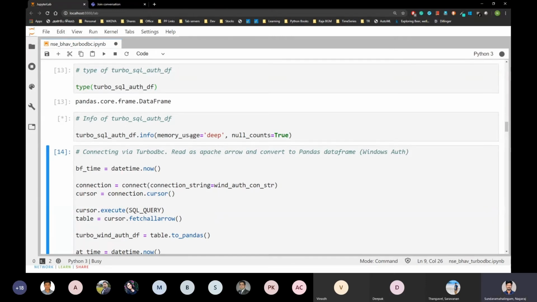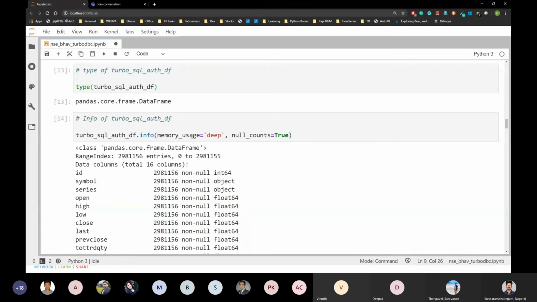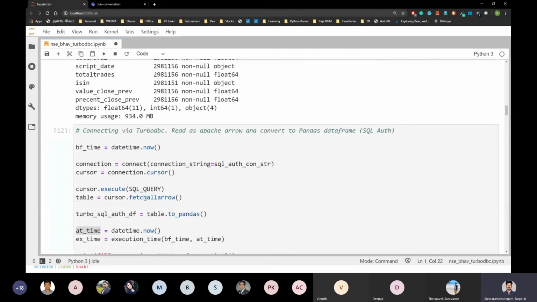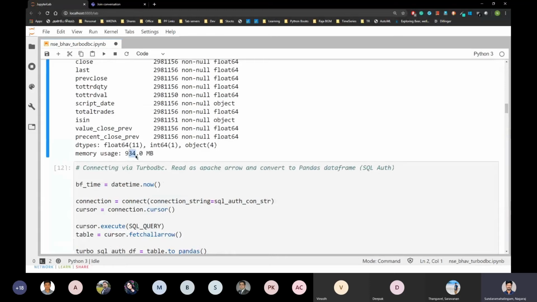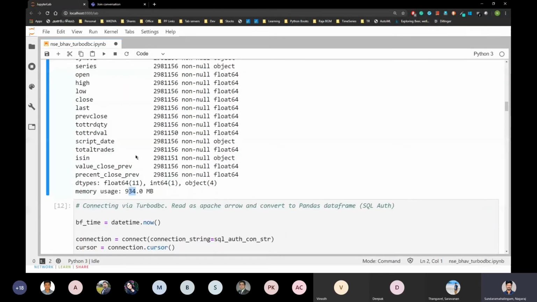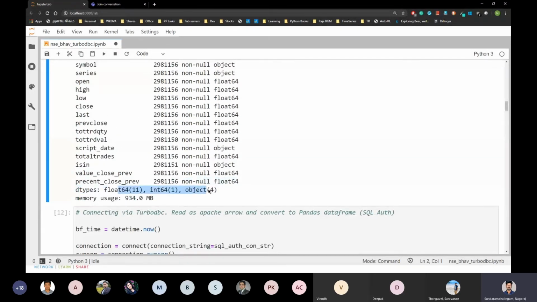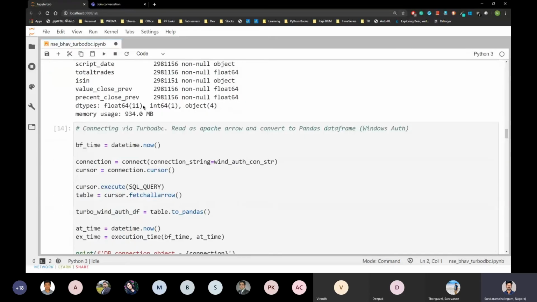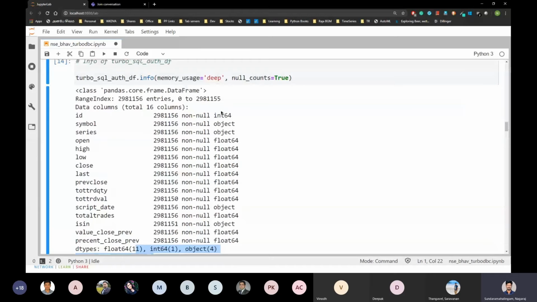It takes a while. So here it is the same 934 MB as with your traditional method of reading SQL into a Pandas data frame. Float 11 columns, integer 1 column, object 4 columns, the same.